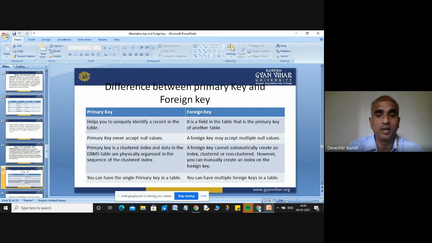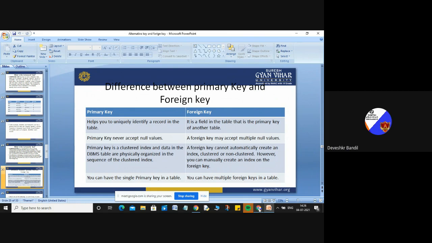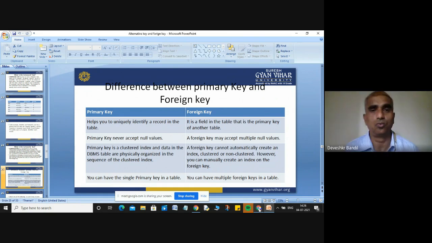And one major difference is that your primary key can never accept a null value, and your foreign key will accept multiple null values. These are the differences between your primary key and your foreign key.